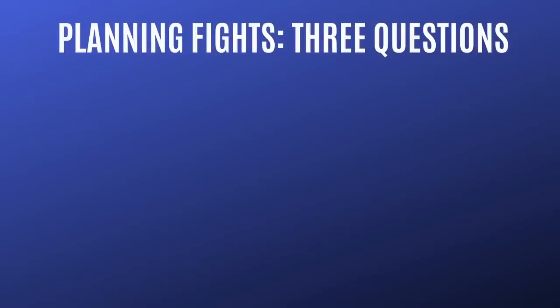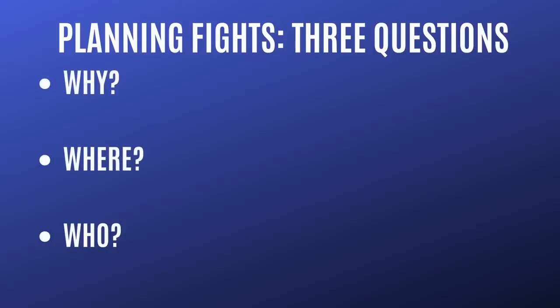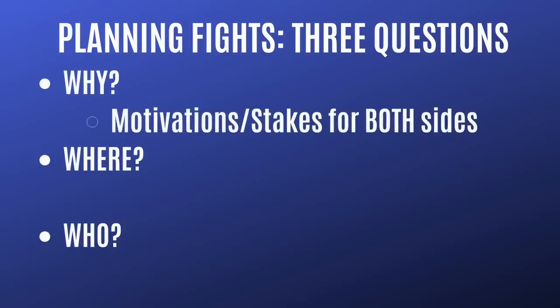Now, while planning out your fight scenes, you're going to want to ask three important questions, and they're very simple questions. They're why, where, and who. With the question of why, we're asking what is at stake for both sides. What do they have to gain and to lose? Are they fighting for money, for respect, to protect themselves, to protect a loved one, to escape danger? Whatever the reason is, it will determine the intensity and the speed of the fight, as well as potential advantages. When we're talking about advantages, we're usually talking about a character fighting harder out of passion or desperation.